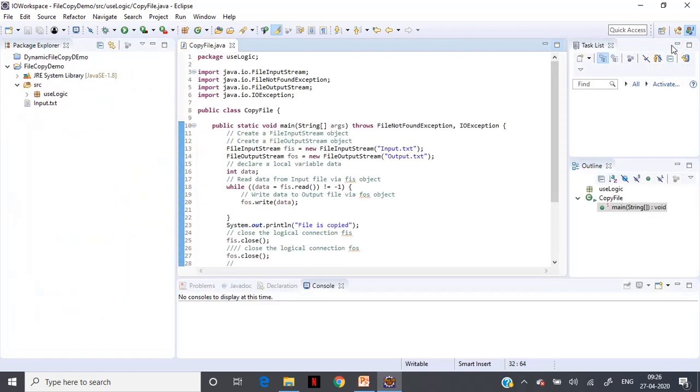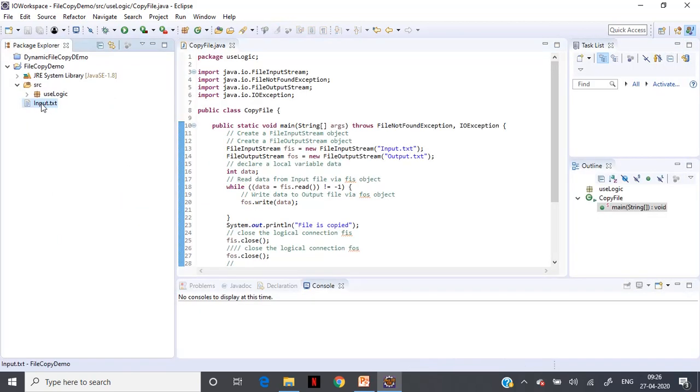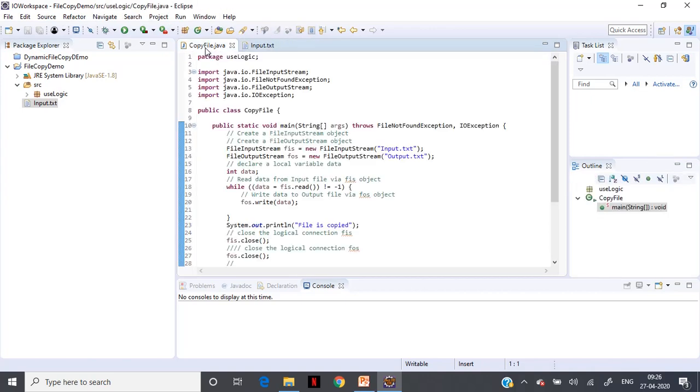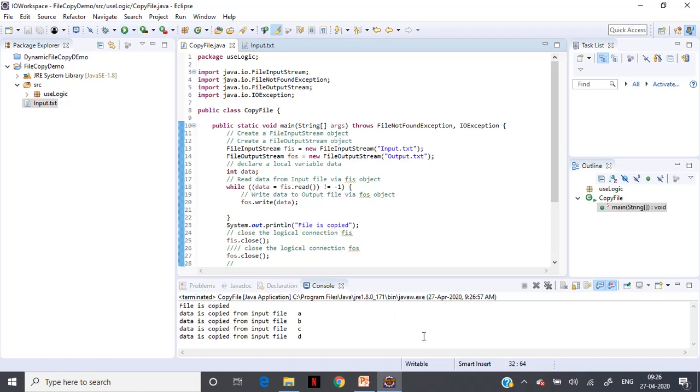Before that, ABCD is the data which is there in the input file. Now we have to check whether we get the output as ABCD or not. Let me run the file. File is copied.